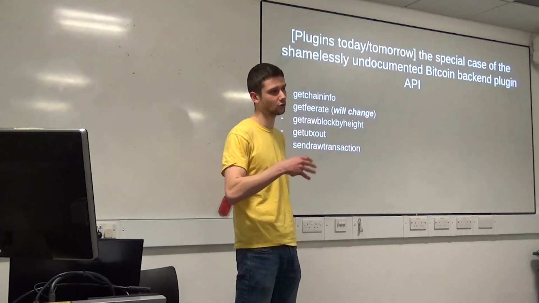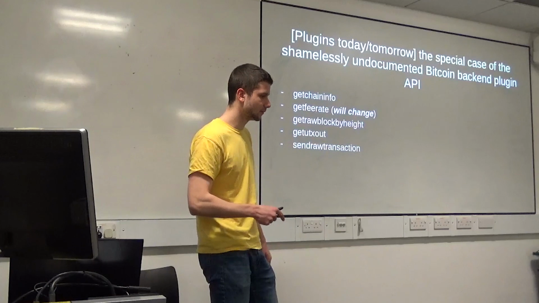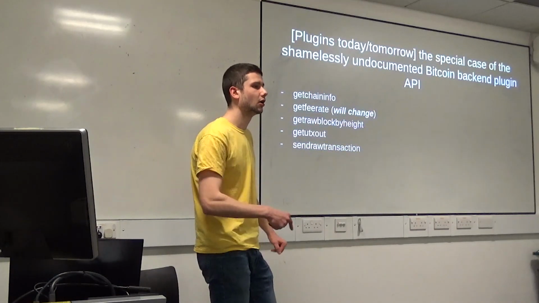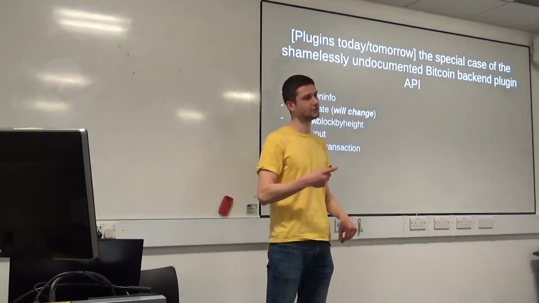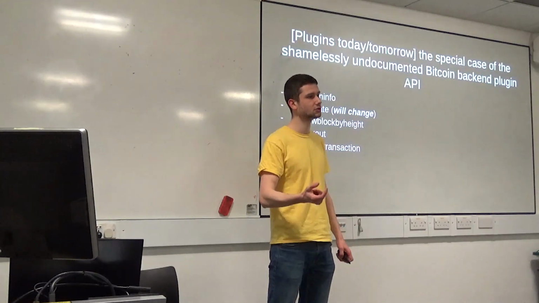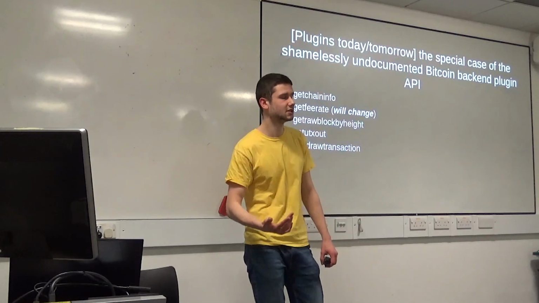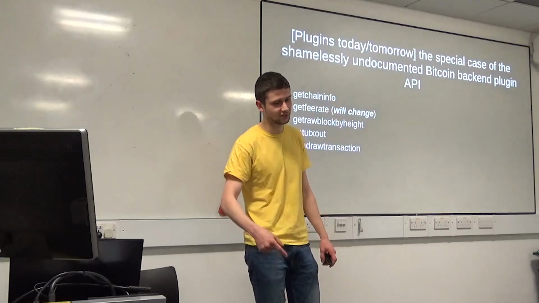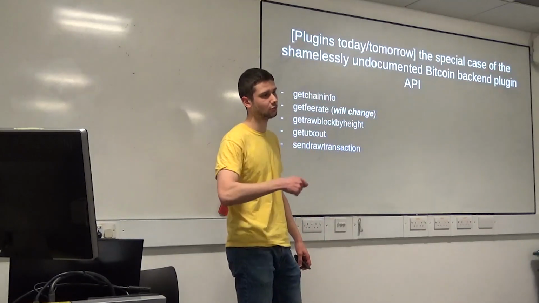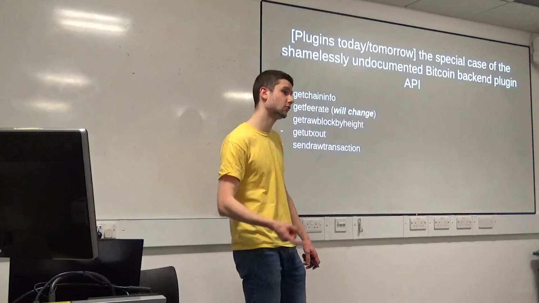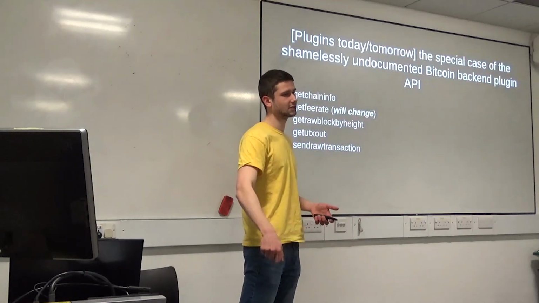a unilateral close from the other peer. Before option static remote key, the public key you would use as the two remote outputs in the commitment transactions of your peer was derived from data that you could lose, that was stored in your database. You couldn't deterministically rederive this data from the HSM. While with option static remote key, we can derive these two remote output public keys from the HSM secret, and we have a tool in C-Lightning called hsmtool, which allows you to derive the private keys to try